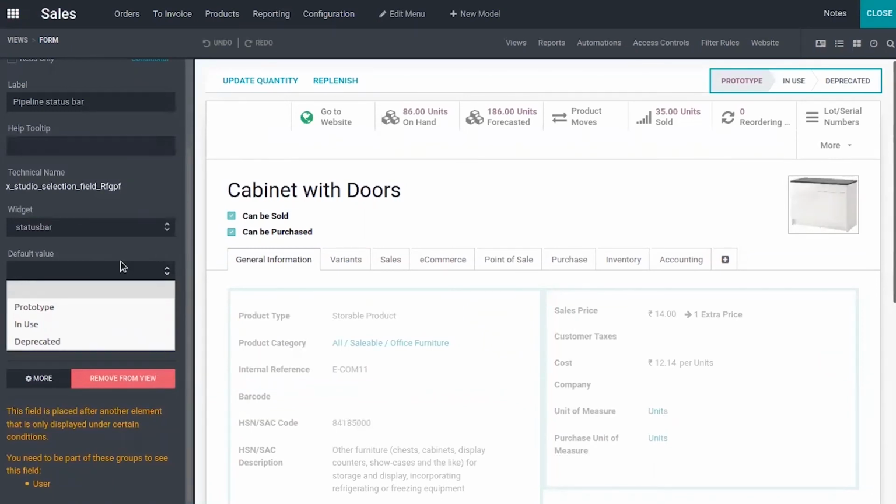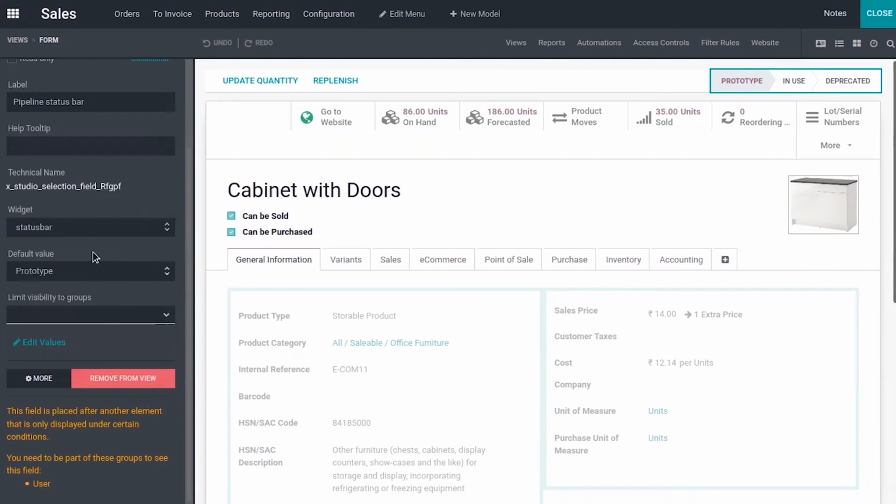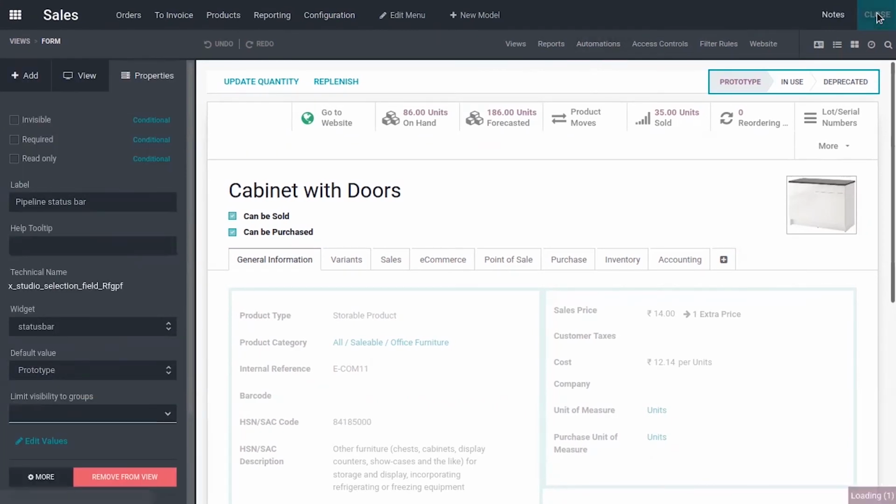That is, by default, you can set a default status for your product. So I'm setting prototype as a default value. Okay, and we can also limit visibility to some groups. Now let's close this.